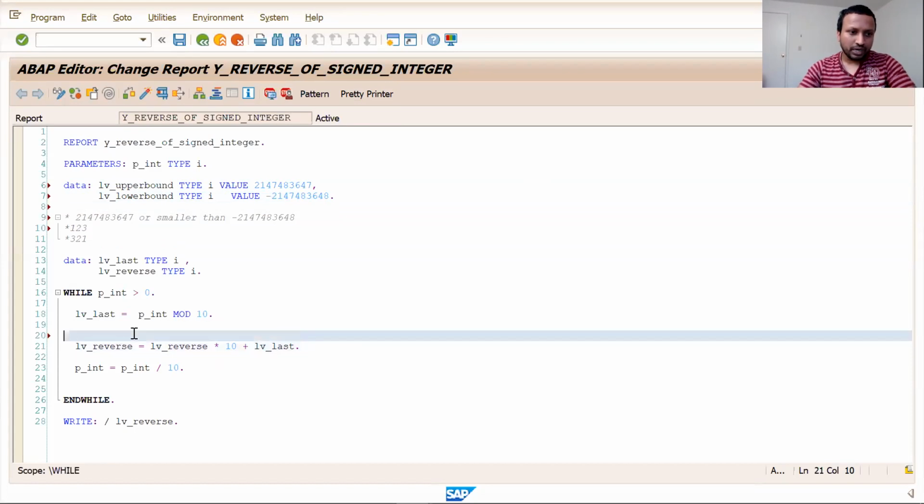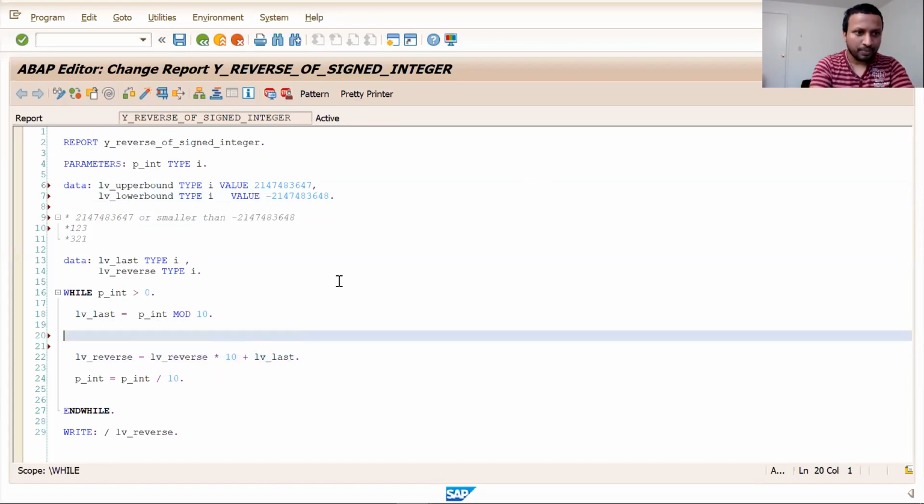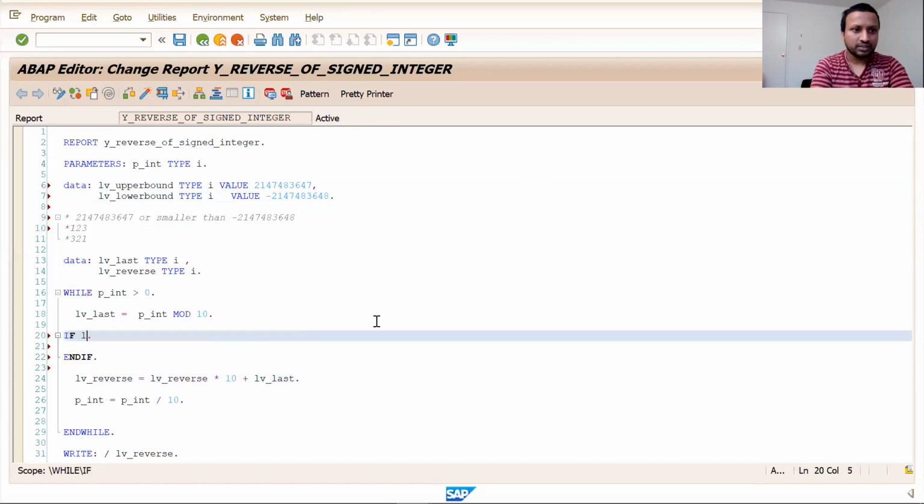So what we need to do right now is take the upper bound, LV_upper_bound, and put an if condition. Before we multiply the reverse by 10, just divide the upper bound by 10 and check if LV_reverse is greater than that.